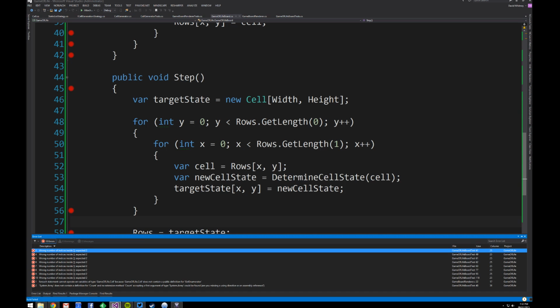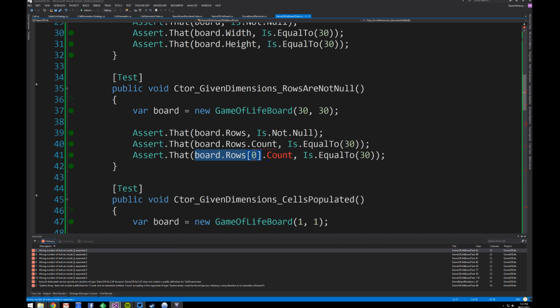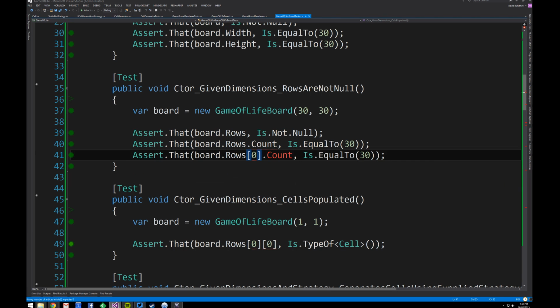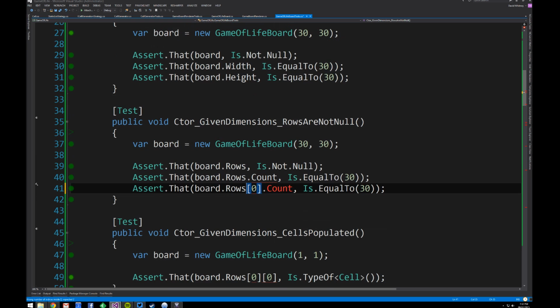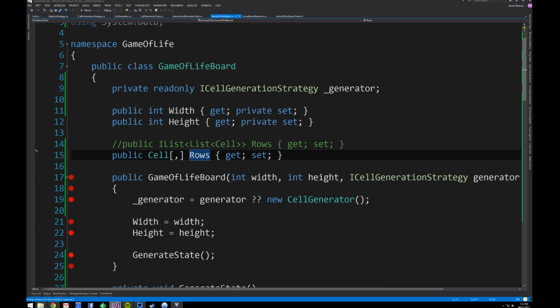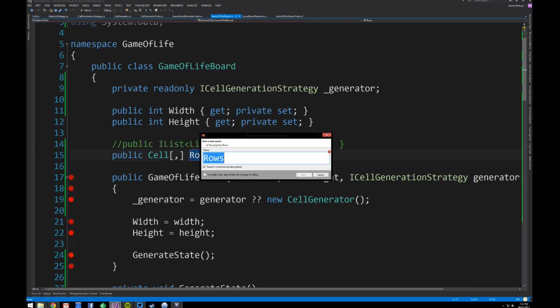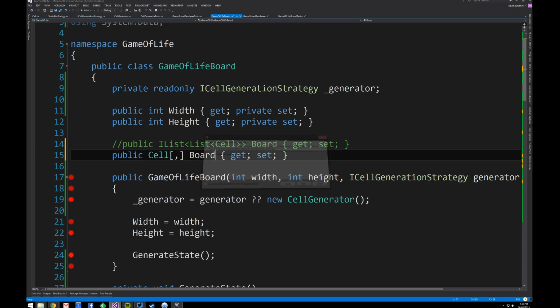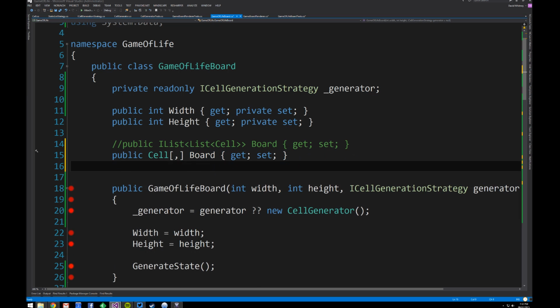Are we even building? So close. Yes. So this is a bit naff, I think, now. So I'm going to change this to be board. So that's going to be board, but I actually want to say public